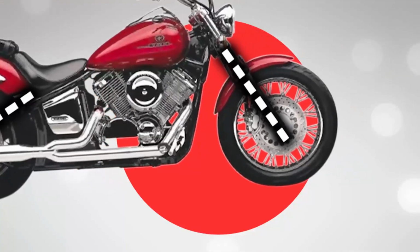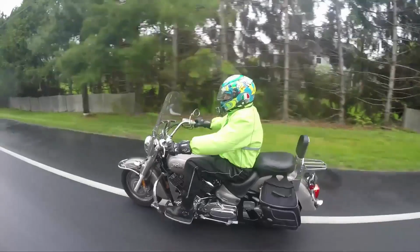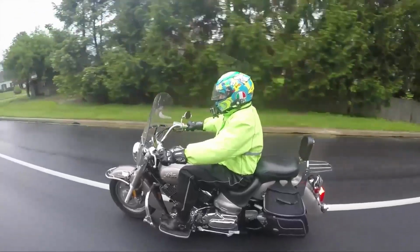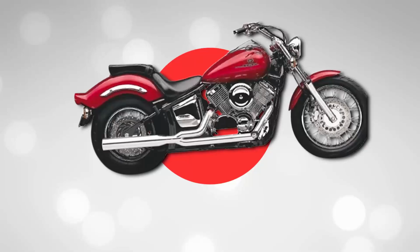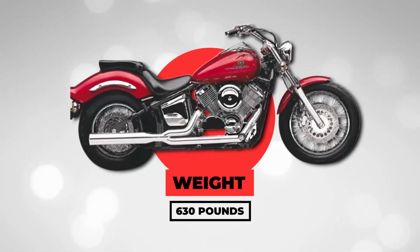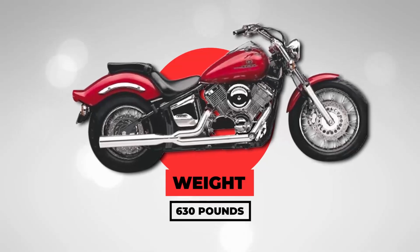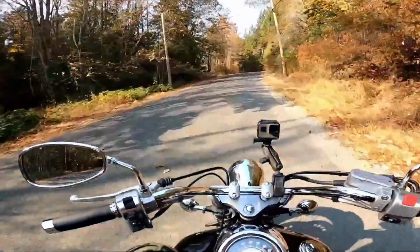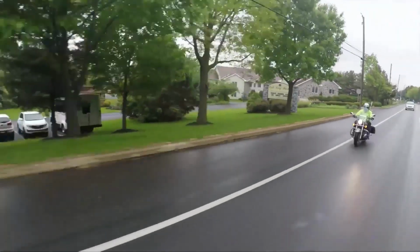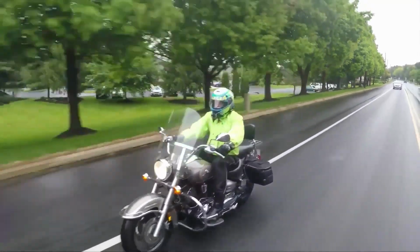The suspension is a conventional telescopic front fork and a dual shock rear setup, which prioritizes comfort but struggles to handle rough surfaces, especially under load. Weighing approximately 630 pounds, the V Star 1100 offers stability at cruising speeds, but feels sluggish in tight traffic or when making quick maneuvers. Despite its appealing aesthetics and approachable riding stance, the V Star 1100 has developed a reputation